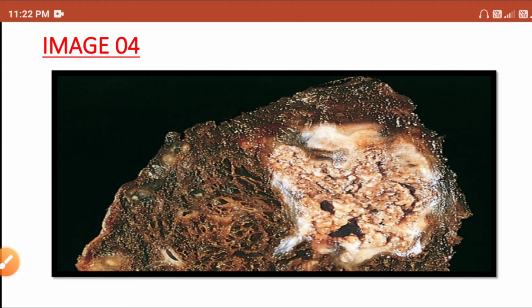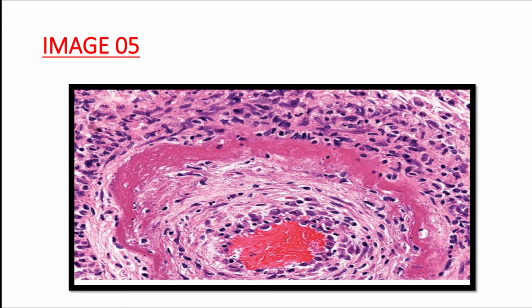Alright. If you observe the structure microscopically, then you can see a well-formed granuloma. You can have caseous necrosis, epithelioid cells, giant cells, fibrosis, and lymphocytes. So it can be seen microscopically, but this is a gross diagram. We will see the microscopic image in the inflammation chapter. Alright. Now the fifth image.